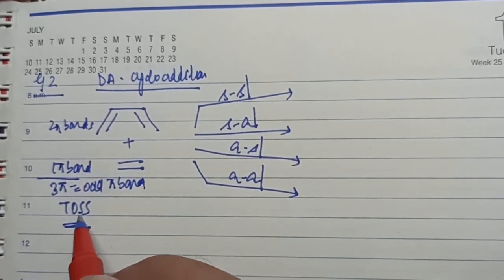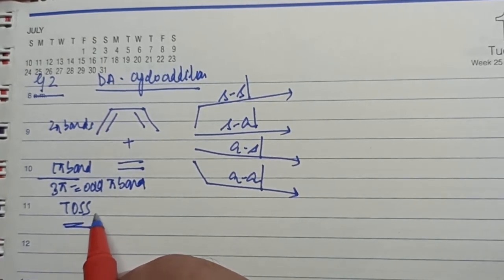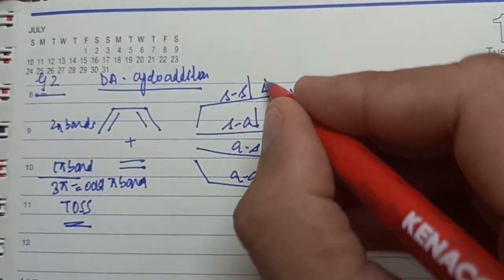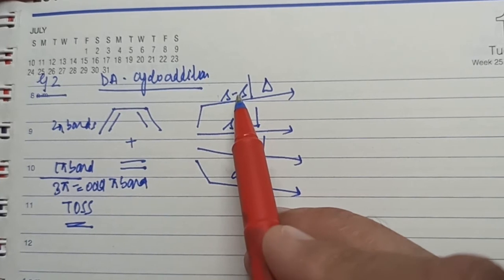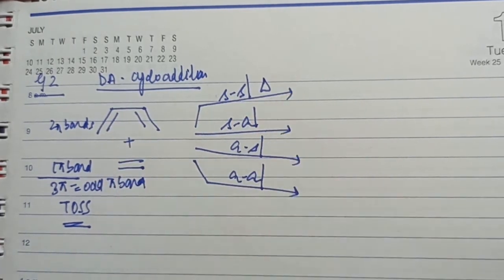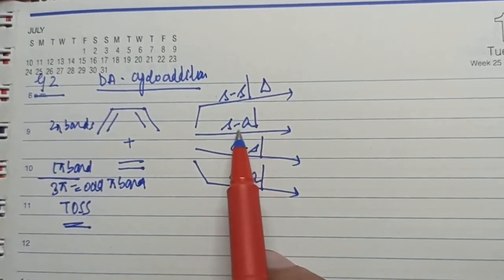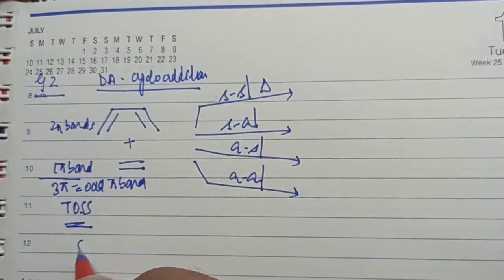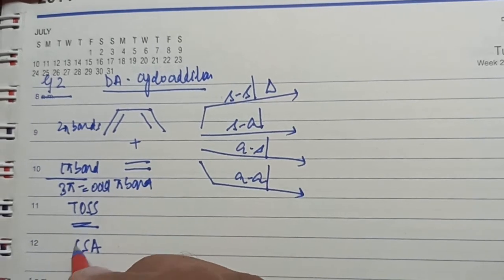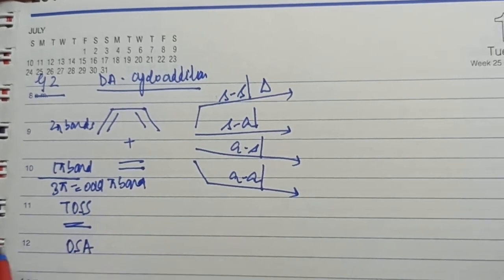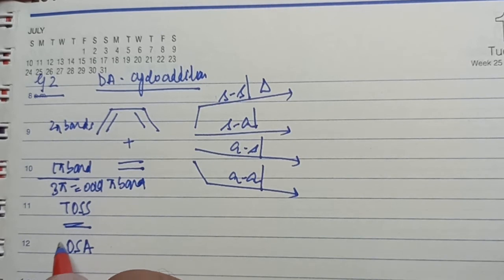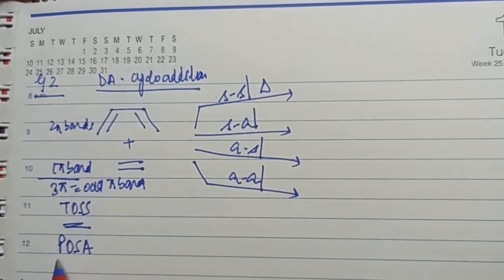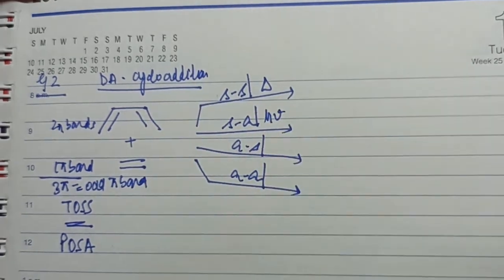Therefore, following this formula, supra-supra conditions for this reactant system is what? T. That means this reaction is thermally allowed. Supra-supra, odd pi bonds, thermally allowed. Okay, now the next part is, what about supra and antara? If I change this to supra and antara, this I cannot change. So I've changed one thing. I have to change another one. So I have to change T to P, because two components need to be changed. So supra and antara under odd condition is photochemically allowed.